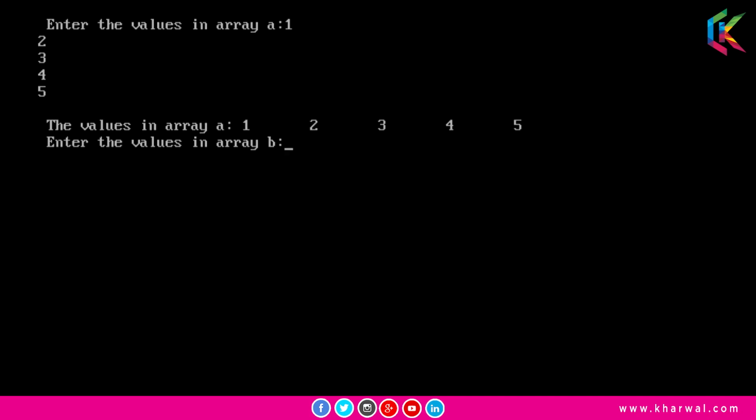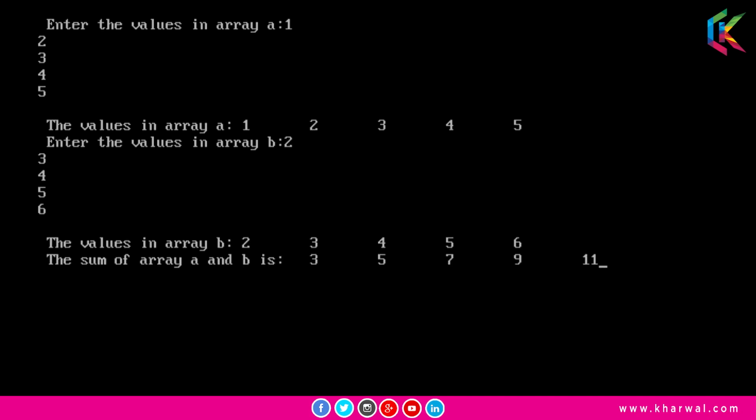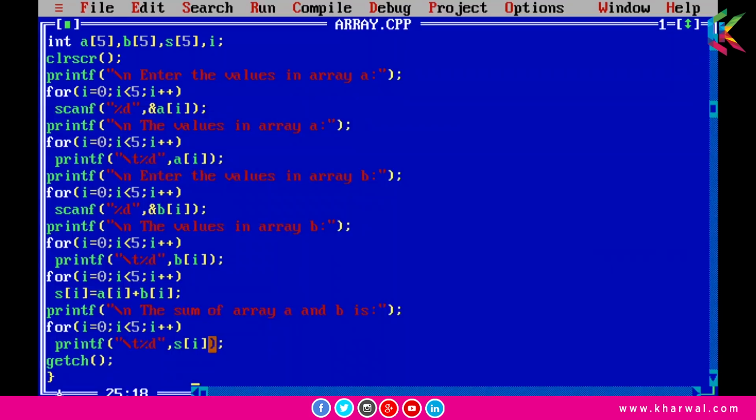Now it is requesting to enter the values in array B. So let me enter the values in array B. So it is printing the values of array B and that is 2, 3, 4, 5 and 6. And after that it is basically printing the sum of A and B and that is 3, 5, 7, 9 and 11. So guys, I hope it is clear to you.